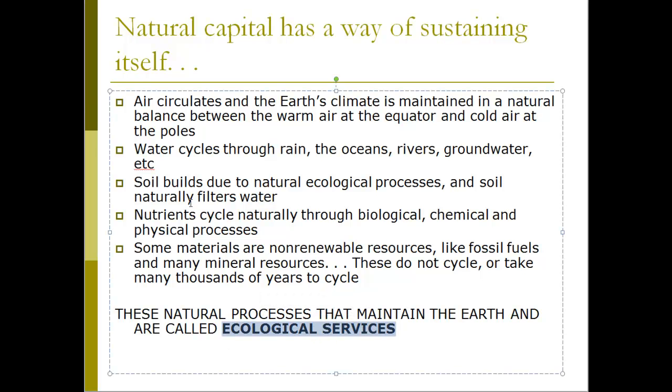So, Earth provides ecological services completely for free that recycle natural capital so that we can continue to use them. Makes sense, okay? Simple enough, all right? And these are probably all things that you learned about throughout your school career, and things that seem pretty intuitive,